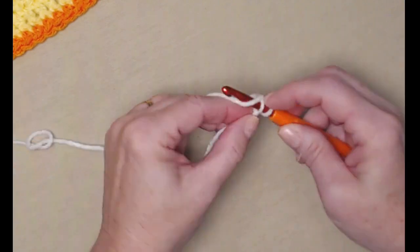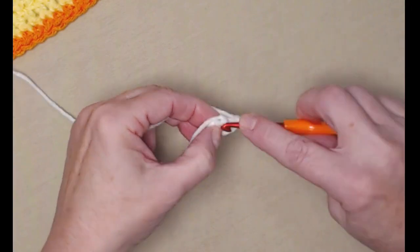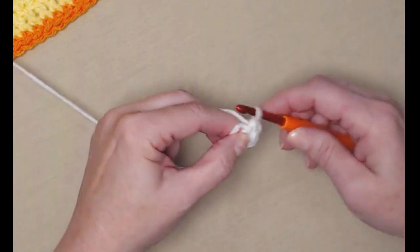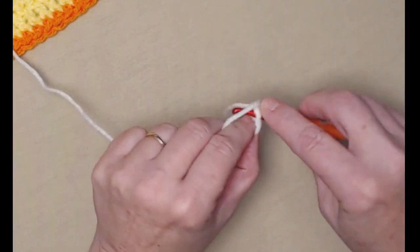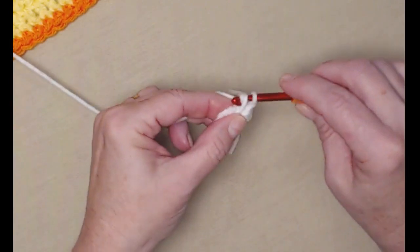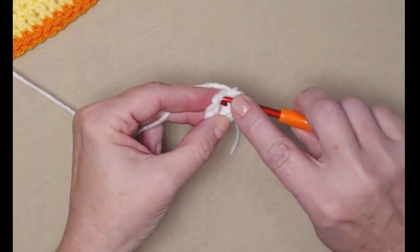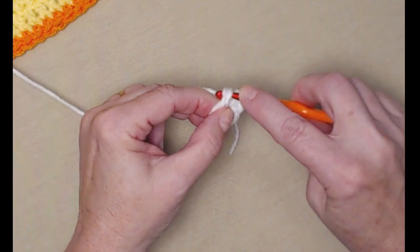So there's 1, 2, 3, 4, 5, 6, 7. We'll join to that first single crochet,